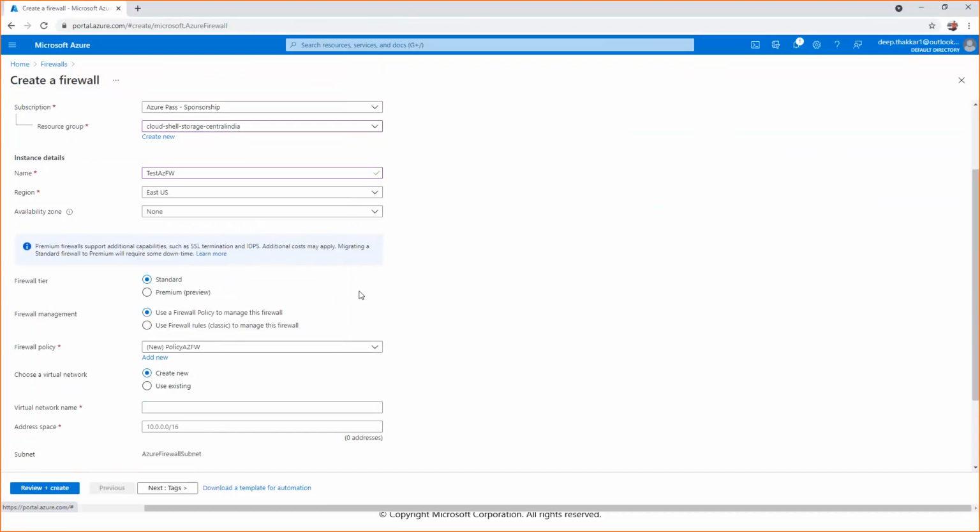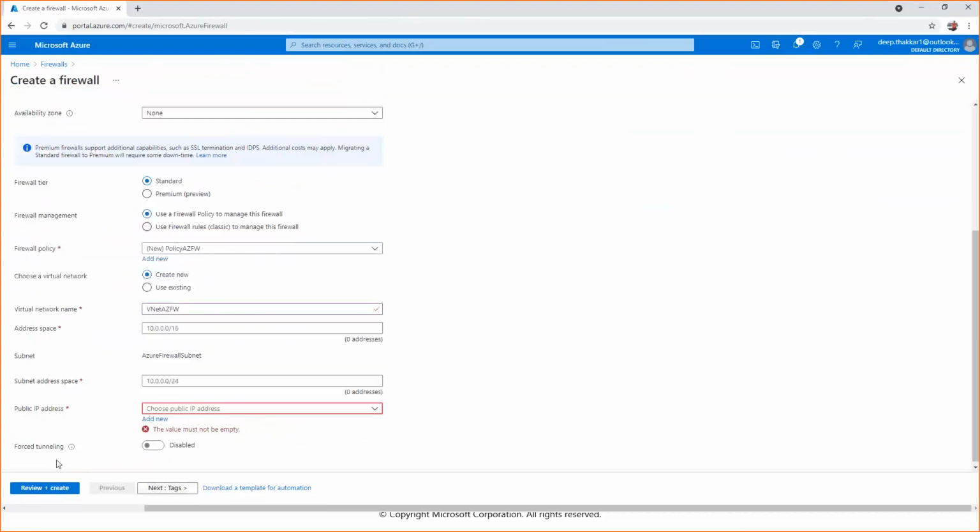Okay, so I have created the firewall policy. Choose a virtual network. I don't have any virtual network, so okay, create new. I am creating VNet Azure firewall. Choose public IP addresses.